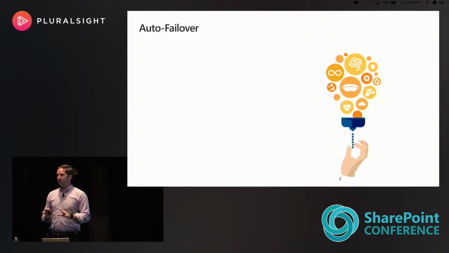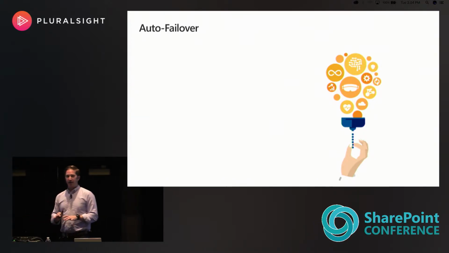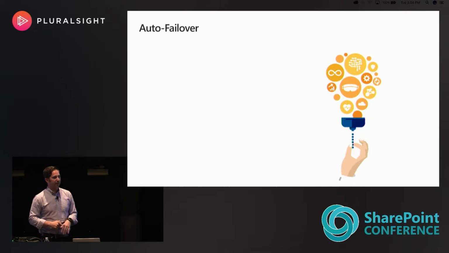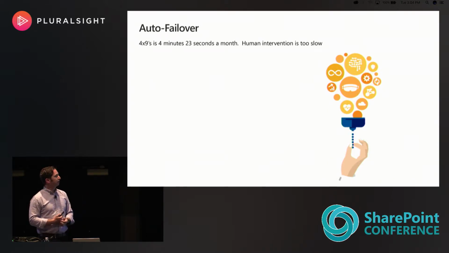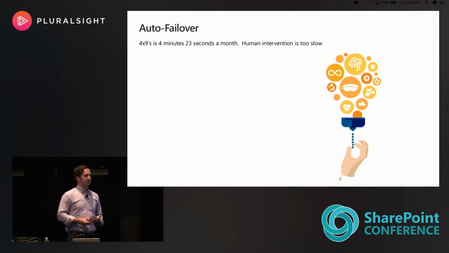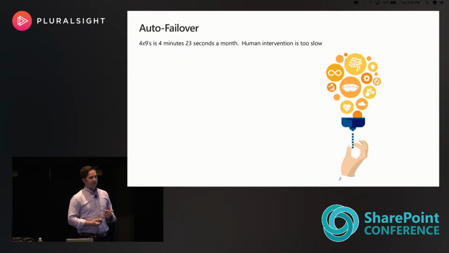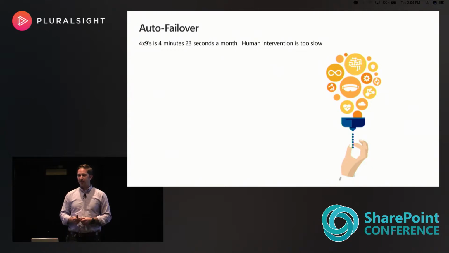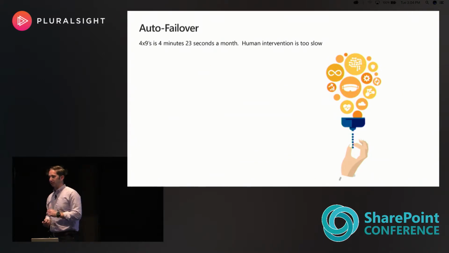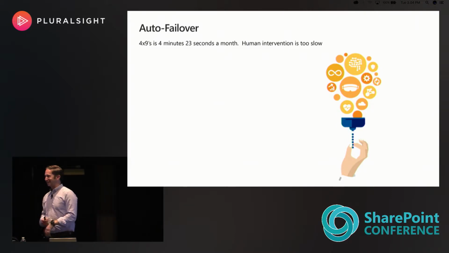So that's kind of the high-level flow. It actually feels a lot simpler on paper, but the whole process we're working with needs to fit into our goal of being a 4.9 service. 4.9s is 4 minutes and 23 seconds a month. It's not very much time, and fundamentally, if a human ever had to be involved, even just to pick up a phone or push a button or log into a corporate network, 4 minutes is never going to